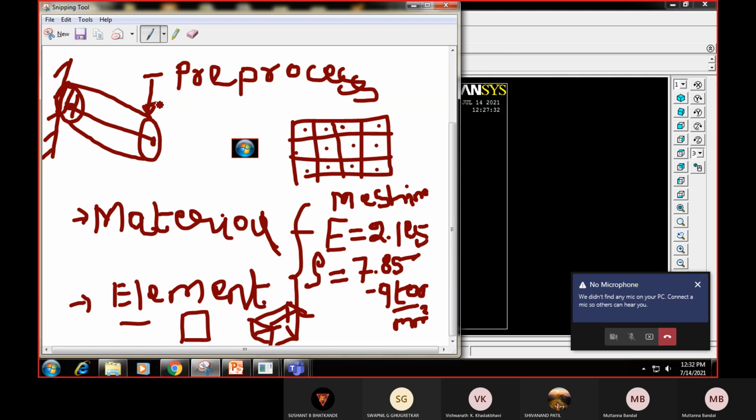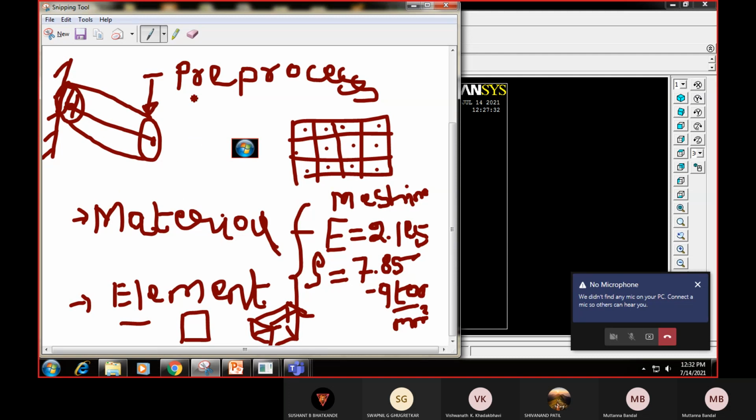It can be a tip load like this. So we refer to these as loads and boundary conditions. Loads refers to the external forces acting on the structure, and the boundary conditions refers to how they are constrained and where they are constrained. So that's about loads and boundary conditions.